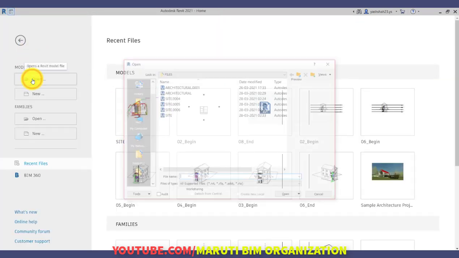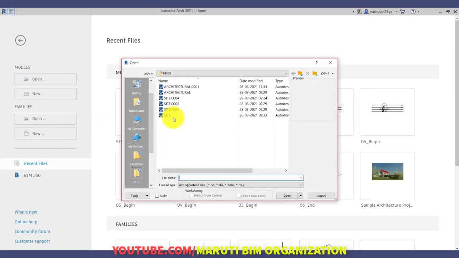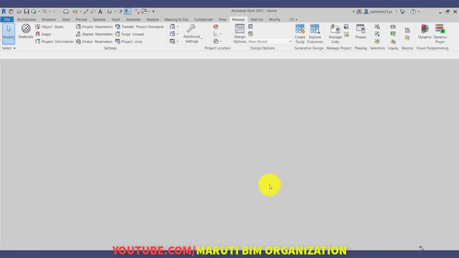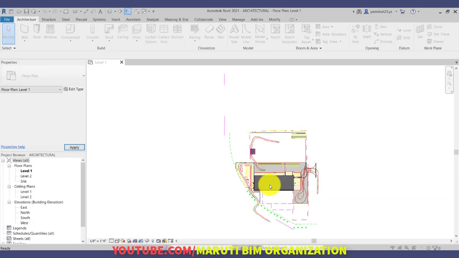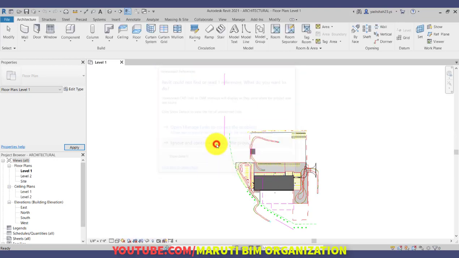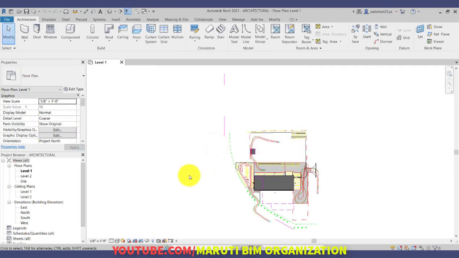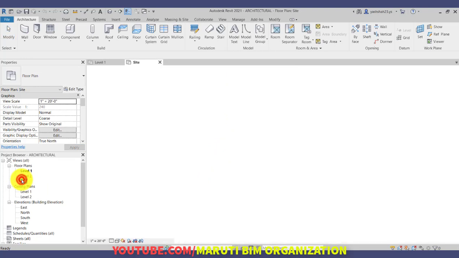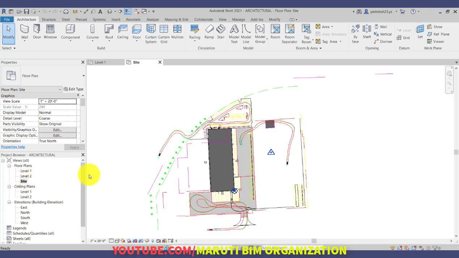Now we will go to Open and open the architectural model. Now notice that if you go to the site plan, we want to use our orientation as true north.